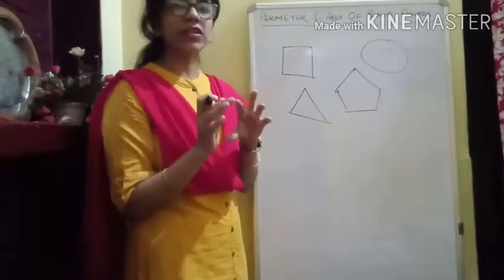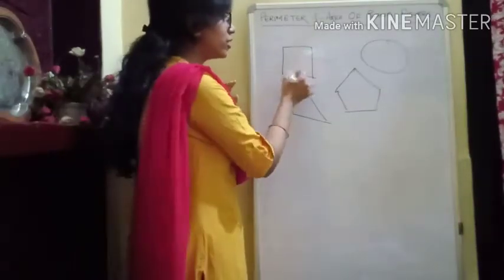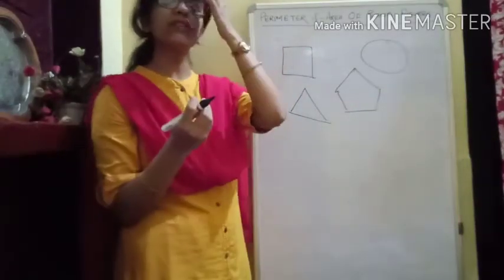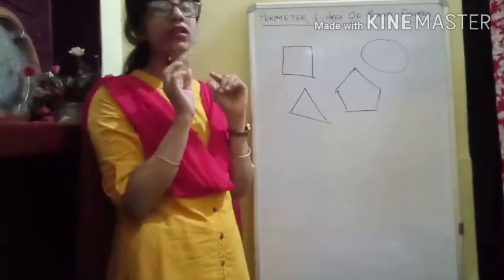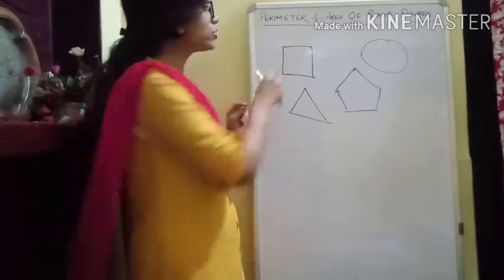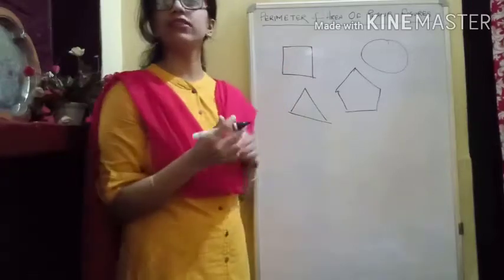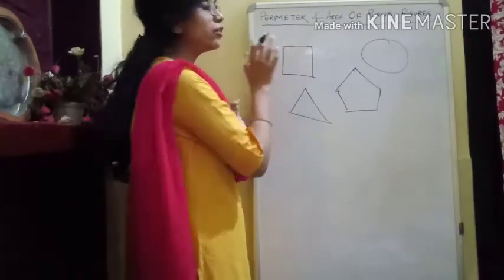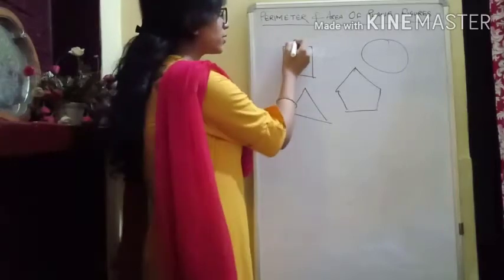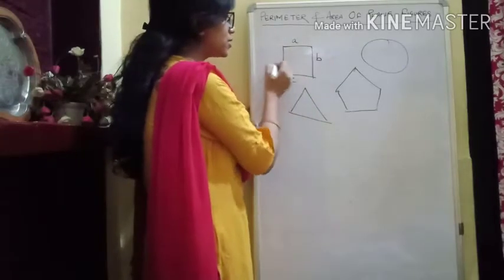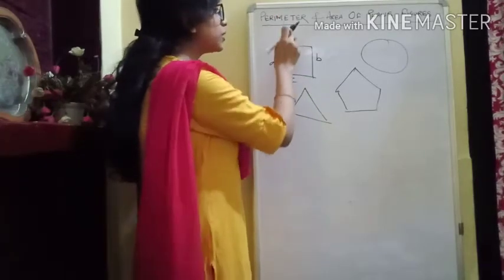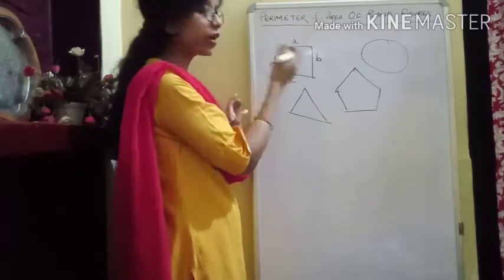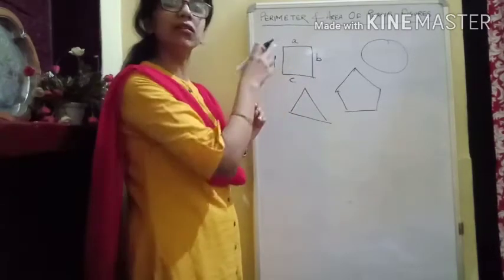See, perimeter means, it's simple, the boundary. When they say perimeter, they are talking about the boundary of the figure, and when we calculate the total length of the boundary, that will give you the perimeter. If you see here, we have a plane figure with 4 sides. Let's say the 4 sides are A, B, C, D, and the perimeter would be the sum of all sides, or else you can say it is the length of the boundary.